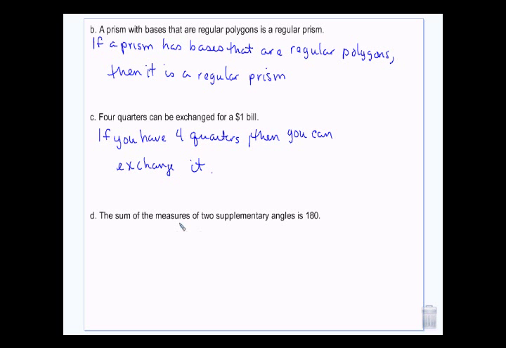Okay, and then the sum of the measures of two supplementary angles is 180. Your sum has to be 180 in order for you to be supplementary. So I'd say if your sum is 180, then your angles are supplementary. I'm not going to write that right this second. What I'd like you to do